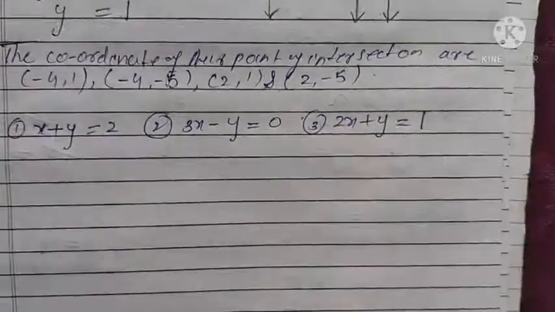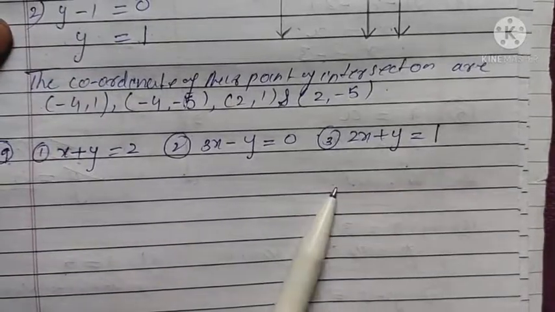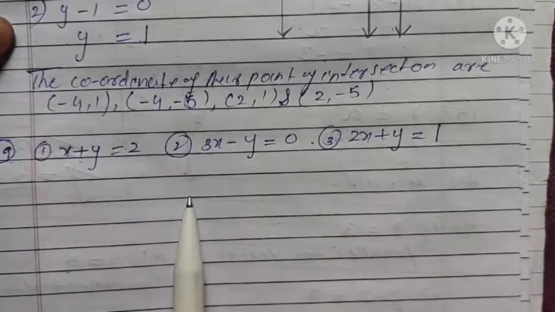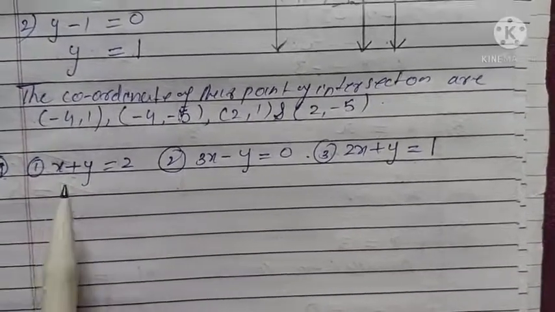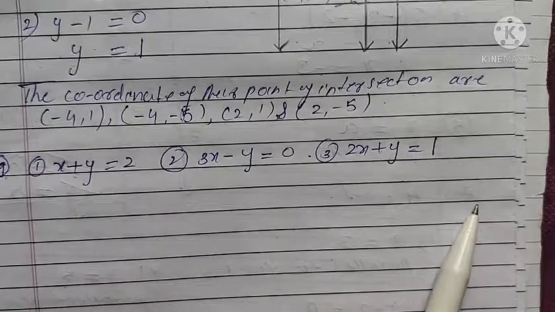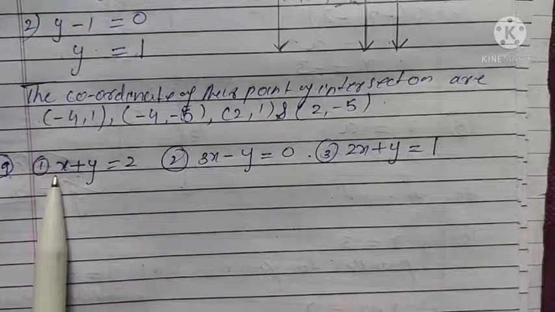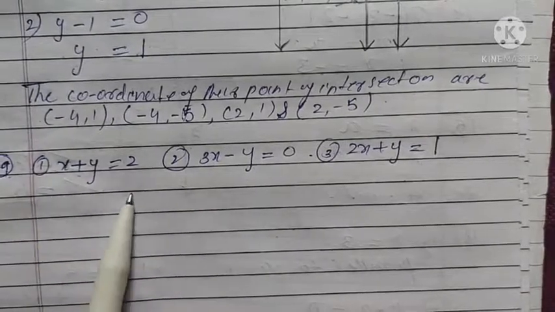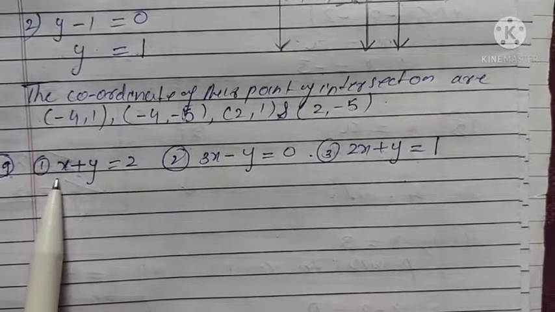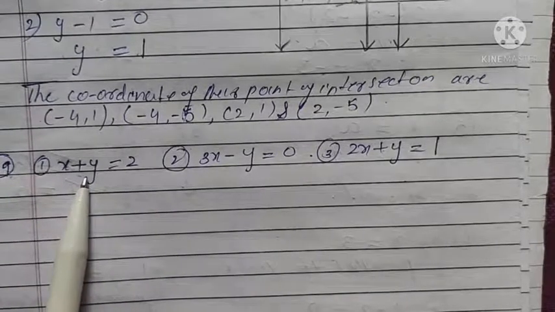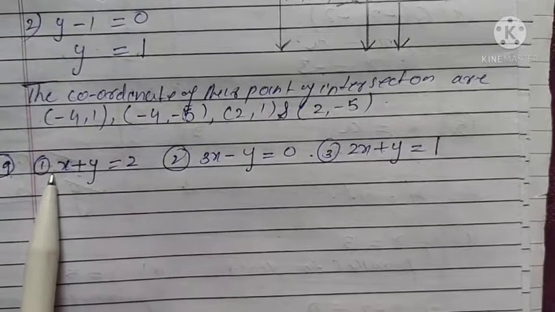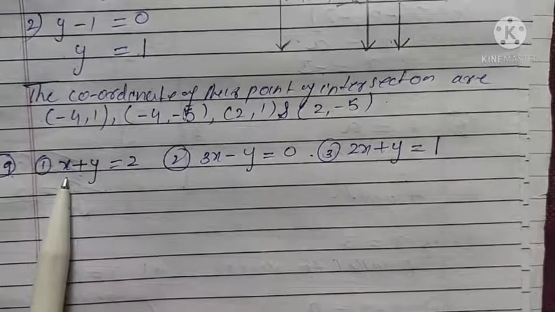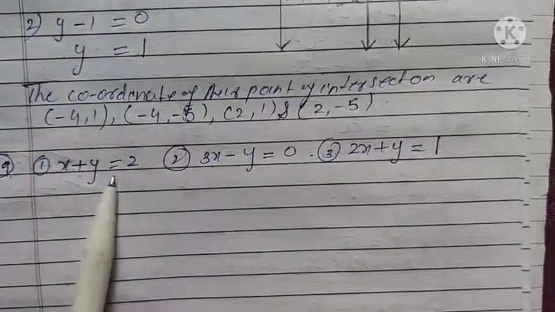Okay. But in this type of equation, two variables are there. And it's not easy to find the values of two variables simultaneously. Okay. So to solve this type of equation, you have to choose the value of any one variable on your own. By substituting that value, you can find the value of the other variable. For example, if I choose x as 0, then we get y equal to 2. That means if we take x equal to 0, then the y value we get is 2. If we choose x value 1, then we get y value 2 minus 1, which is 1.